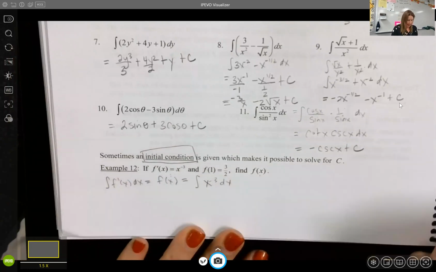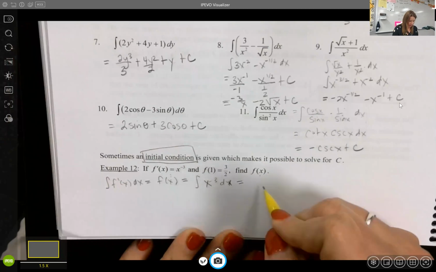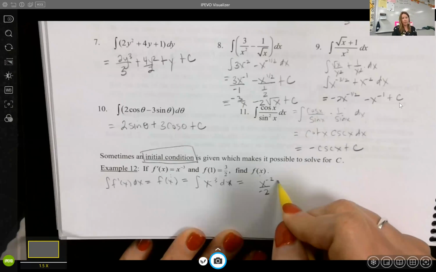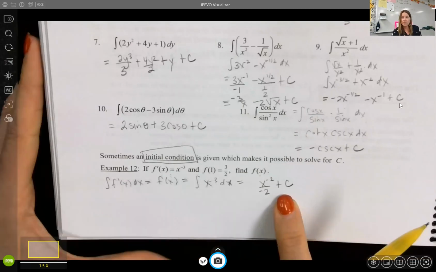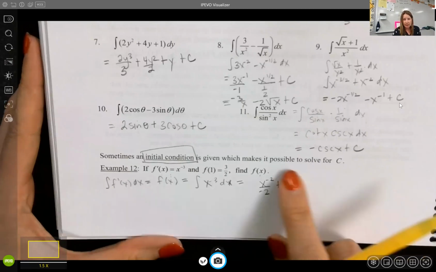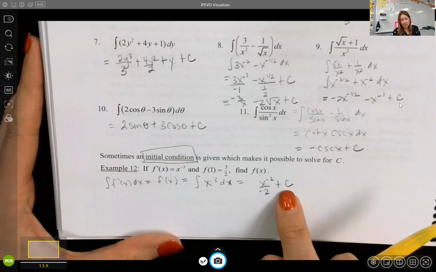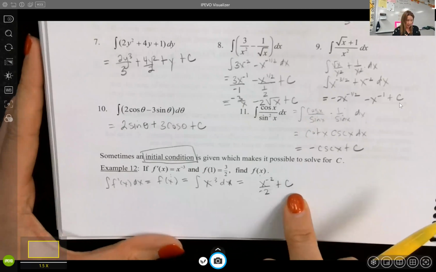Okay, so add 1 to the power, and you get negative 2. Divide by negative 2, and plus c. So this is our integral in terms of c. So this is like a family of functions. I don't know what the exact y-intercept is. I just know it will be a function similar to 1 over x squared,